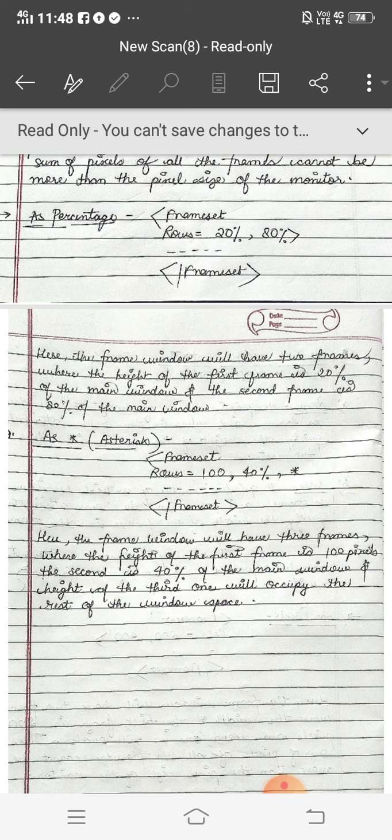Yes, you can see you have divided the page into three parts: 100, 40%, asterisk. So there will be three frames with heights, why height? We are talking about rows. The height of the first frame is 100 pixels, since you haven't given any particular measurement, so it will be 100 pixels. The height of the second frame is 40%.